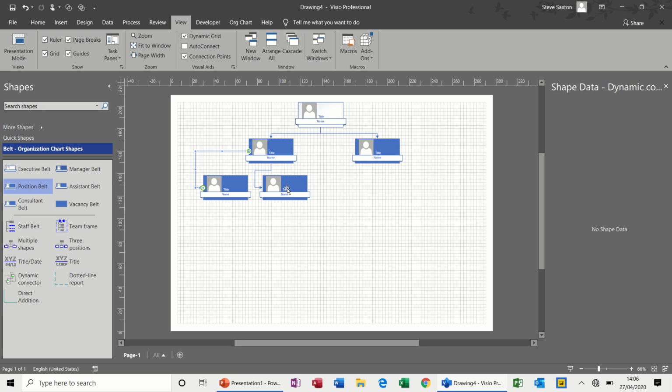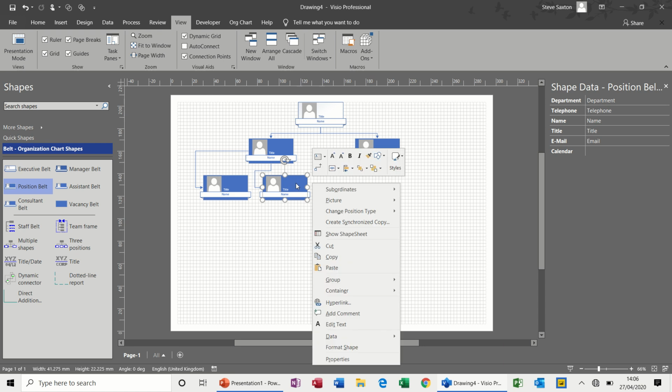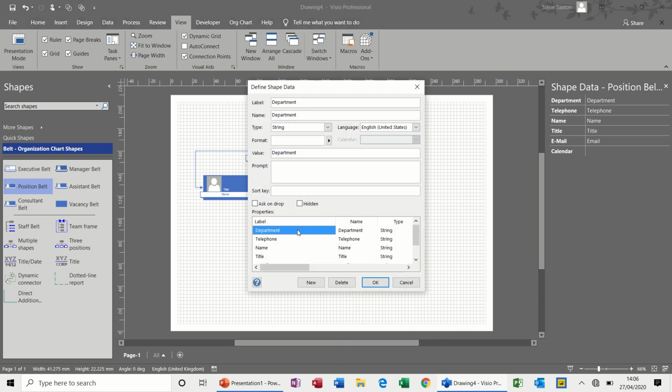Now the issue I have with this is, on the shape data, this is pre-formatted shape data, and the whole idea, and what you used to be able to do in older versions of Visio, is you could tailor this and add it to your stencil and it would remain there. But what seems to be happening in this version, which is slightly irritating, if I go into this and define shape data, and if I get rid of all these, so if I just delete these off and then just do some of my own, so I'll just do name, just show you a couple,